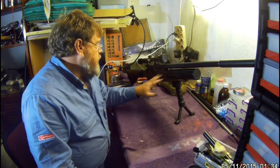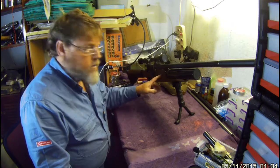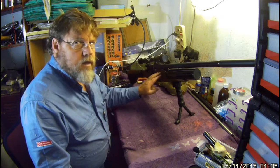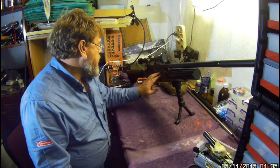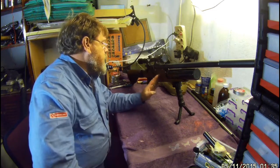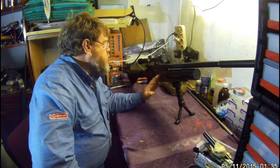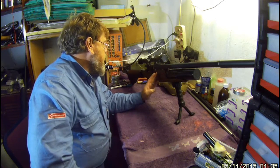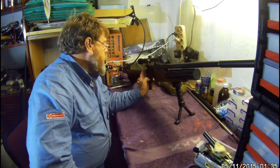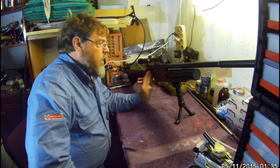Firstly, I've done a bit of work on the O-ring seals. I smoothed that out so that you don't cut the O-rings anymore, so that is brilliantly fixed now. Secondly, I took the valve out. I've put a way lighter valve spring in. That enabled me to put a lighter hammer spring in. So I've balanced the hammer spring with the valve spring without doing any work to the hammer,